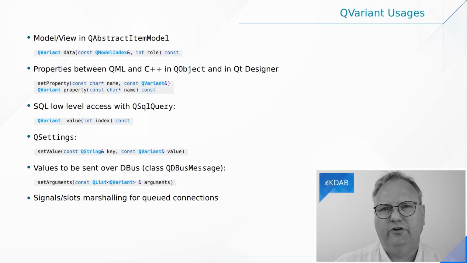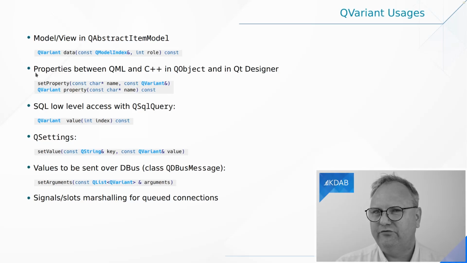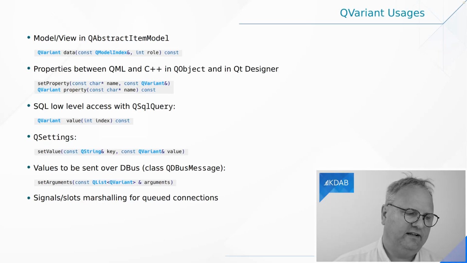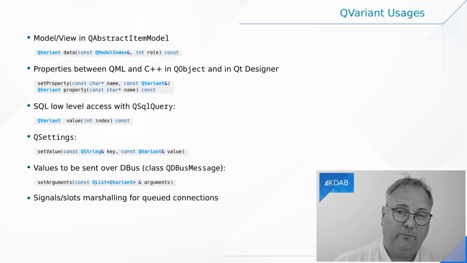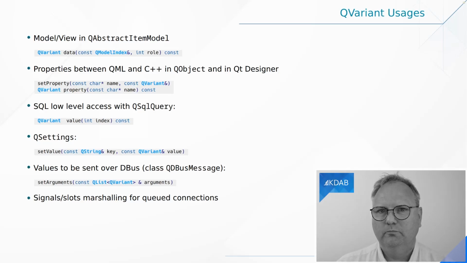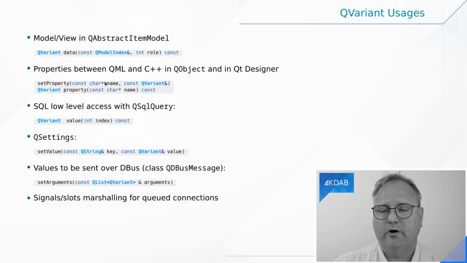If you've ever done any QML programming, that's okay. You don't need to be sorry about or make excuses for having done some QML. You'll notice that QML is full of properties, and that's what the property API is offering here. So in QML, you will say text colon and then some text, and that needs to go down to the C++ level somehow, and it does so via the property text and the value being a QVariant. We'll talk more about these properties in the next episode.